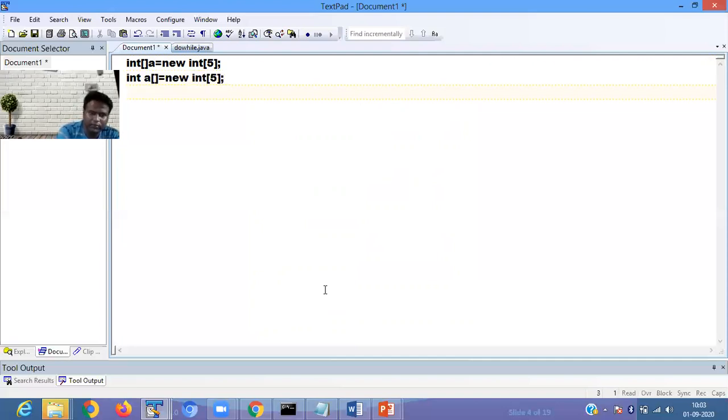Then at the time of declaration, you can initialize values: int a equals, here you can pass 10, 30. This is one way. While you are declaring a variable, you can initialize the value.